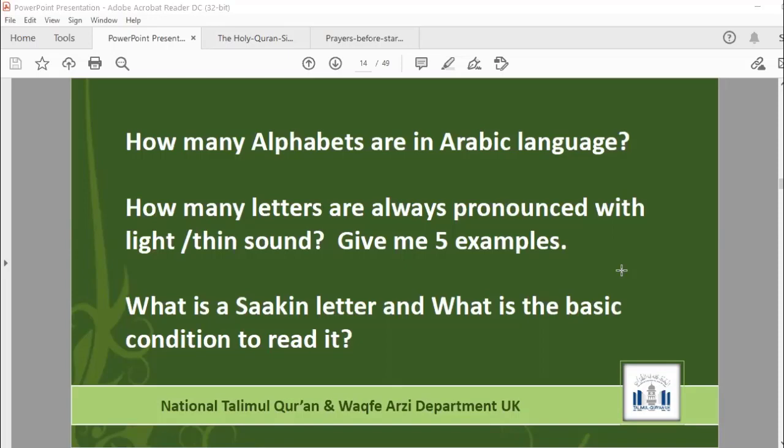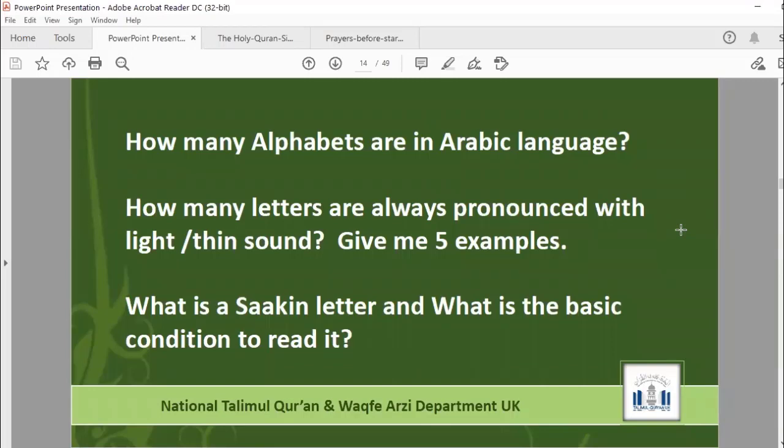Anyone, please? Request Toban Sahib. There are a number of people. Assalamualaikum. Can we ask Anika Sahib if you want to have a go, or Azan Jaja? As we are just learning, all of us. Assalamualaikum. Walaikum salam. The first one, how many alphabets are in our Arabic language? That's 29, I believe.